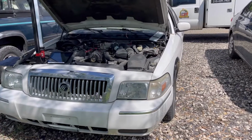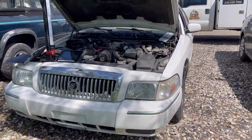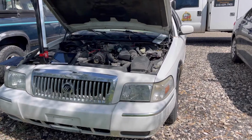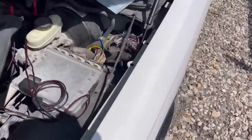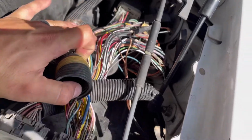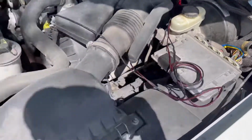Got a 2006 Mercury Grand Marquis. Concern is a check engine light on. The shop did its preliminary diagnosis, found the engine harness had some rodent damage, so they made some repairs. And there are still some other repairs they need to finish making, but they're tracing